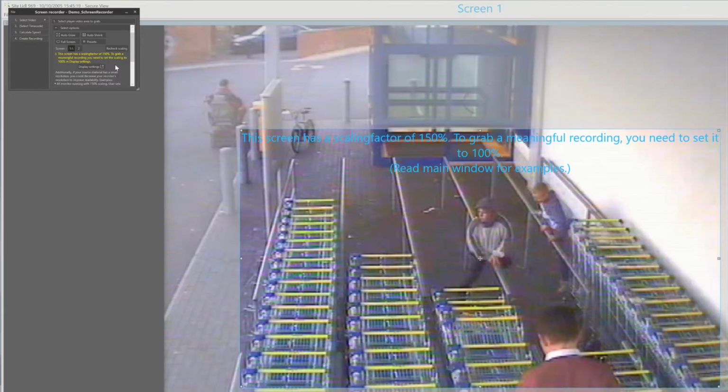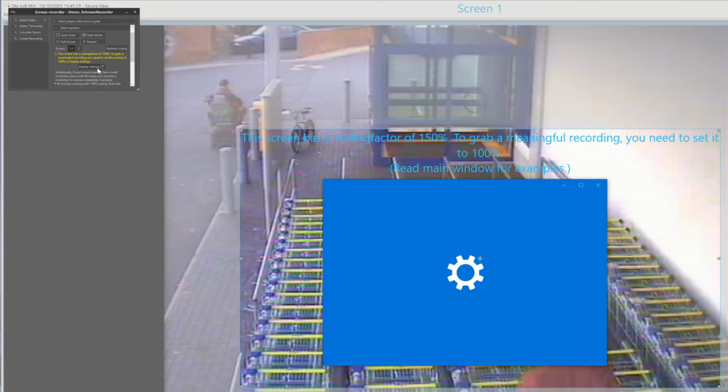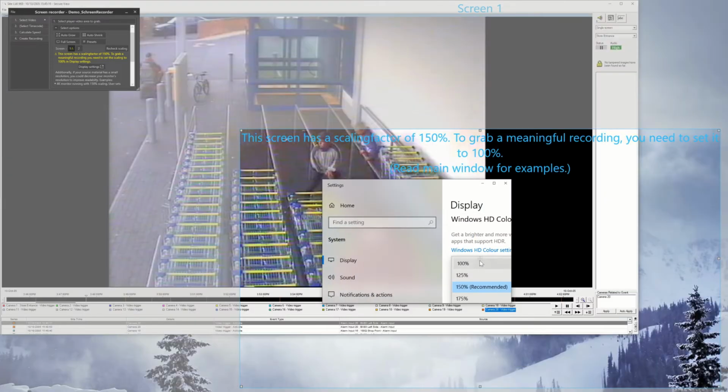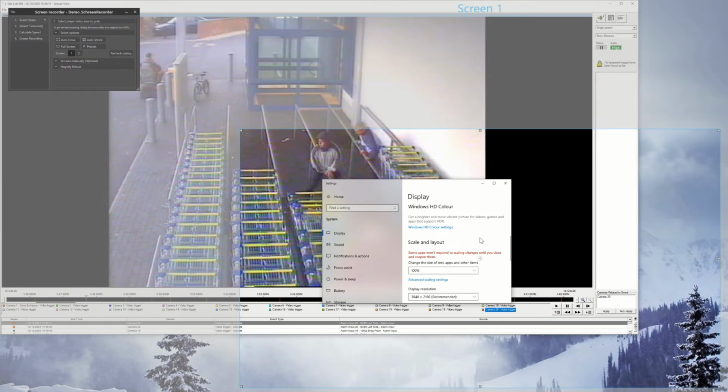Something that should be taken into consideration is that some monitors are scaled. This is done because otherwise things on the monitor may be too small to comfortably see. The problem is that this also scales videos, thus distorting them. So, to make a recording, the display must be set to scaling 100%. If the monitor that is selected is scaled, both the overlay and the window will tell so. And the window will open a link that opens the window where the scaling can be set to 100%. Because scaling being off is a requirement, the program won't function properly if scaling is turned on.